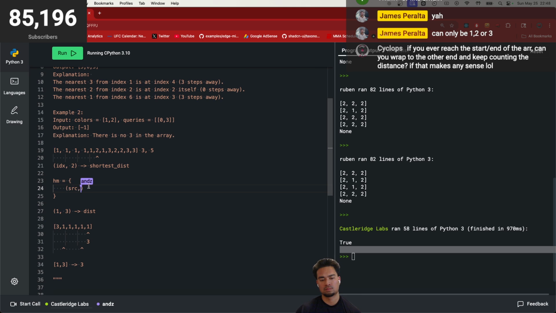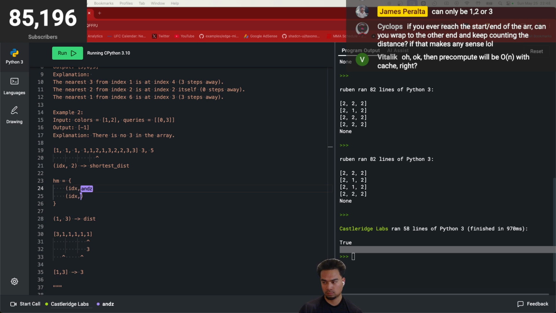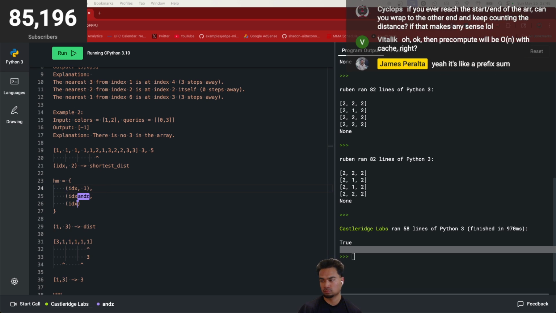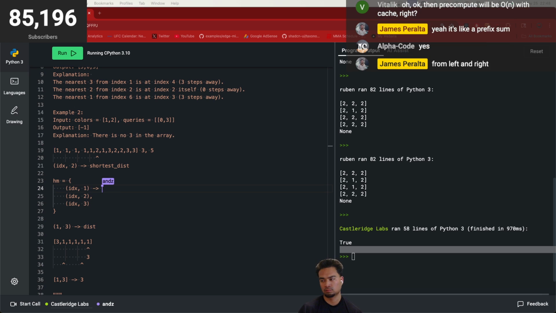So source, let's say, from what number? Okay, index, and then I want the shortest distance. So for each index, I'll have stuff like this, and then this will map to